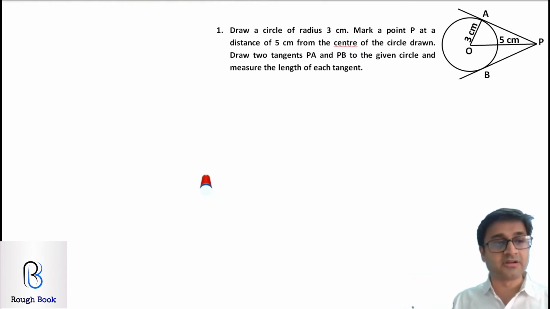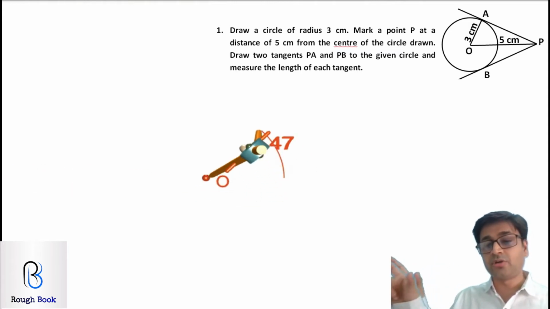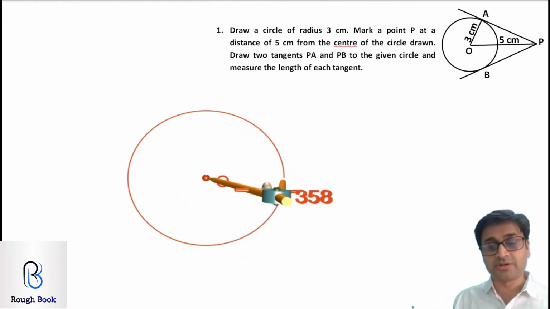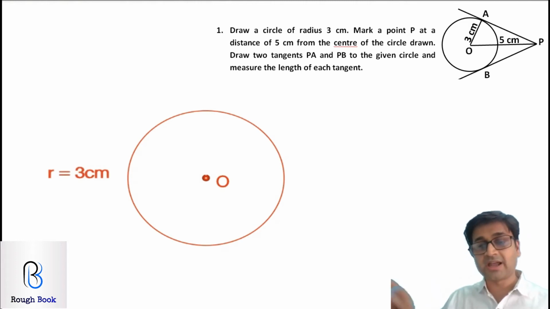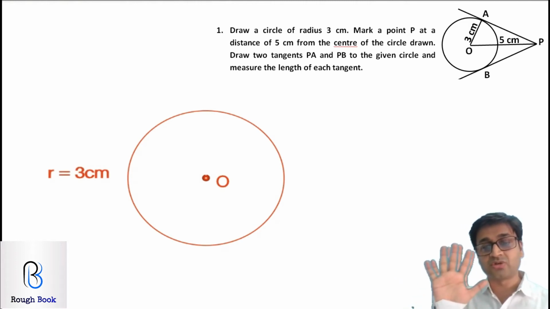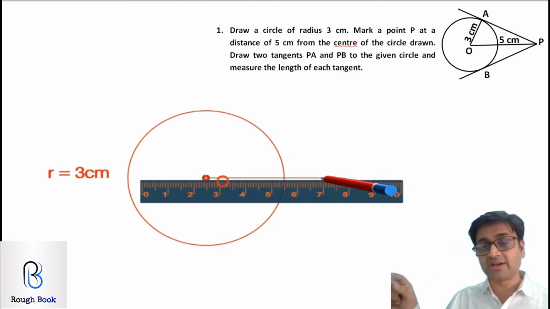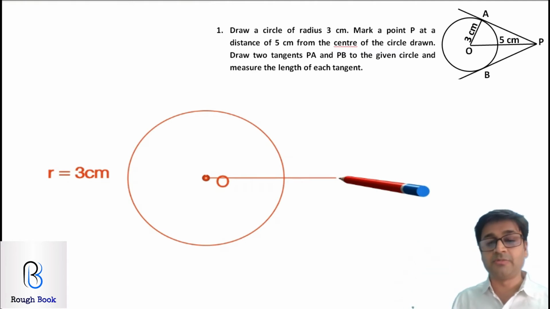So can you see the circle being drawn there? I'm fixing a point O, and from point O taking a radius of 3 centimeters, and the circle can be seen right over there. Once your circle is drawn, let's take from O a straight line outside at a distance of 5 to get our point P. So from O a straight line is going out. Can you see that up over there? And that point where it goes will be your point P. So we've taken P at a distance of 5 from O.